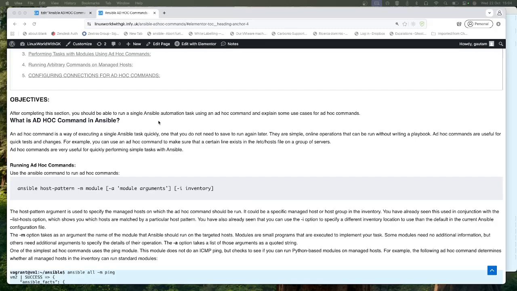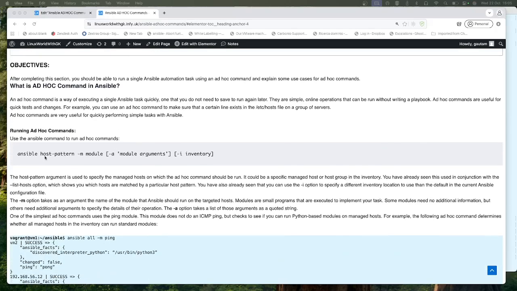For example, you can use ad hoc commands to make sure that a certain line exists in the /etc/hosts file on a group of servers. Another example is if you want to reboot the server or do some package updates. So for quick tasks, you can run ad hoc commands. The syntax of an ad hoc command is